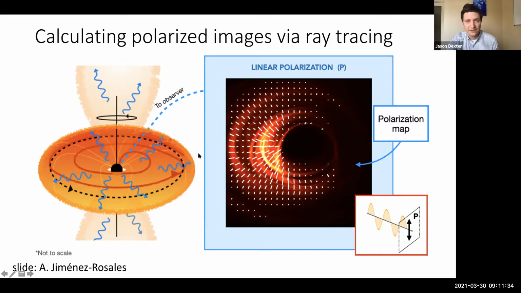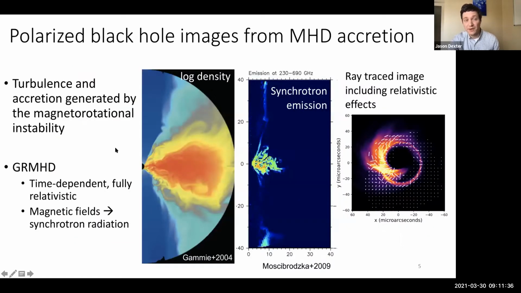Okay, great. So we can do this, as we said, from analytic models. Today, one of the main topics I'll focus on is using MHD accretion theory. The reason for this is that if we do MHD simulations, we can actually study self-consistently the accretion process, at least for some numerical initial setup. The basic idea here is that we actually generate accretion from an initial fluid distribution which is not accreting. That's due, for instance, to the magnetorotational instability that causes turbulent stresses and accretion onto the center.